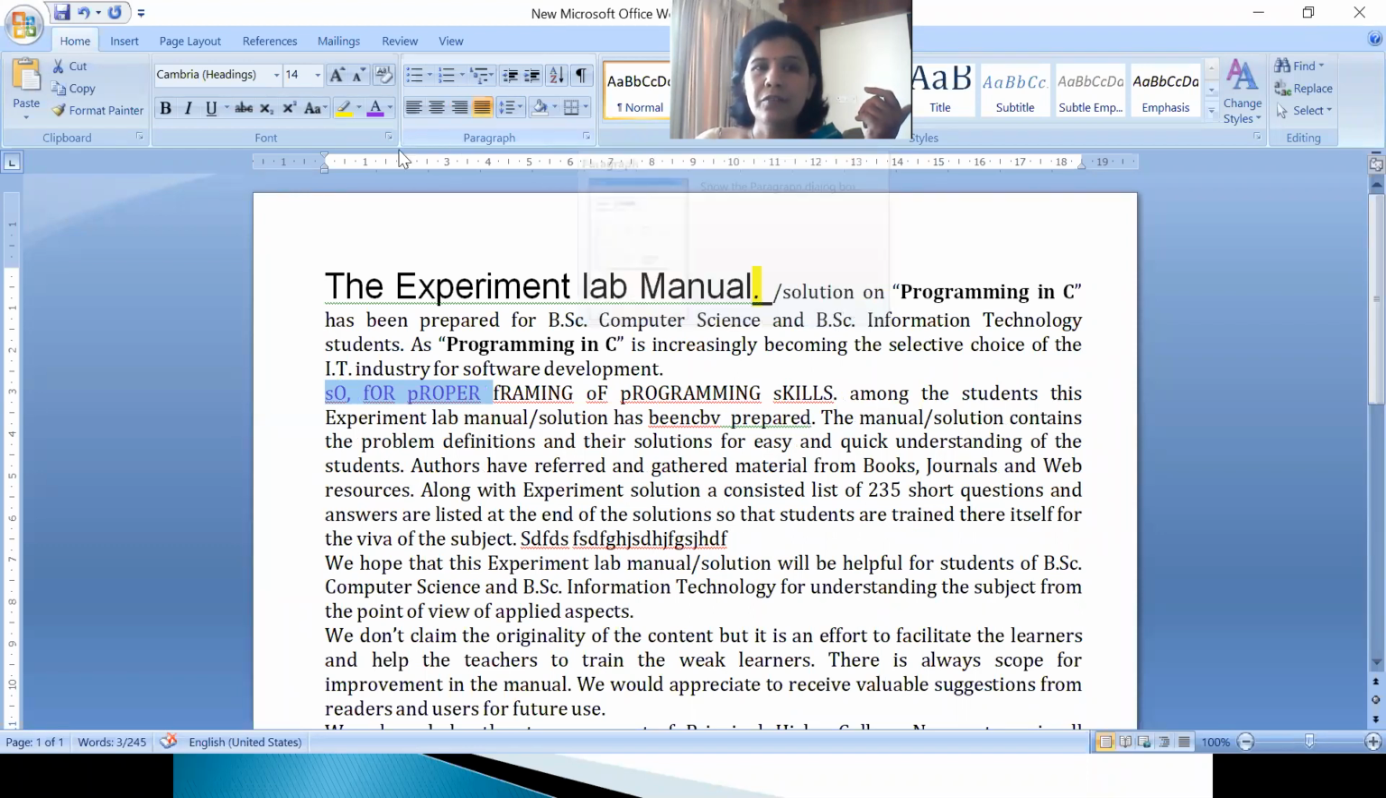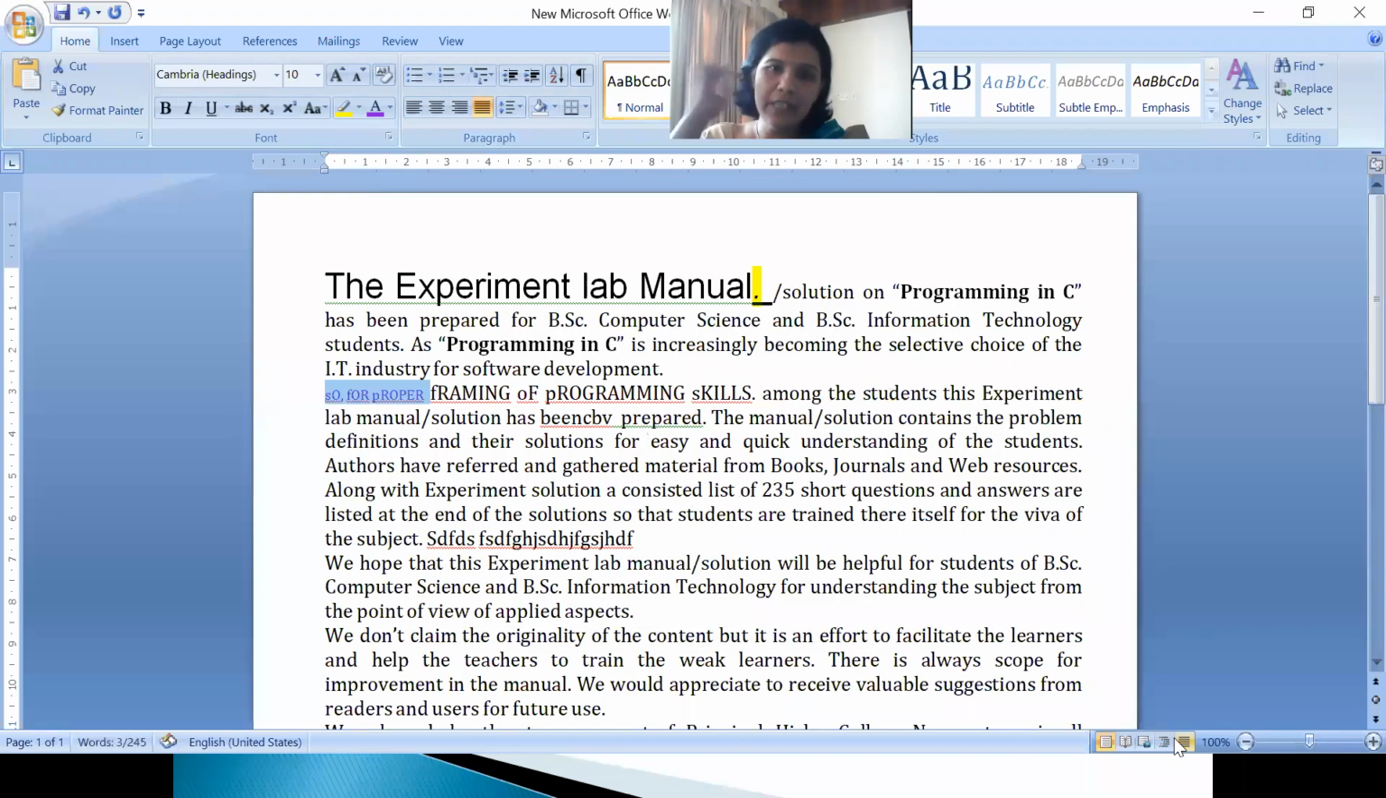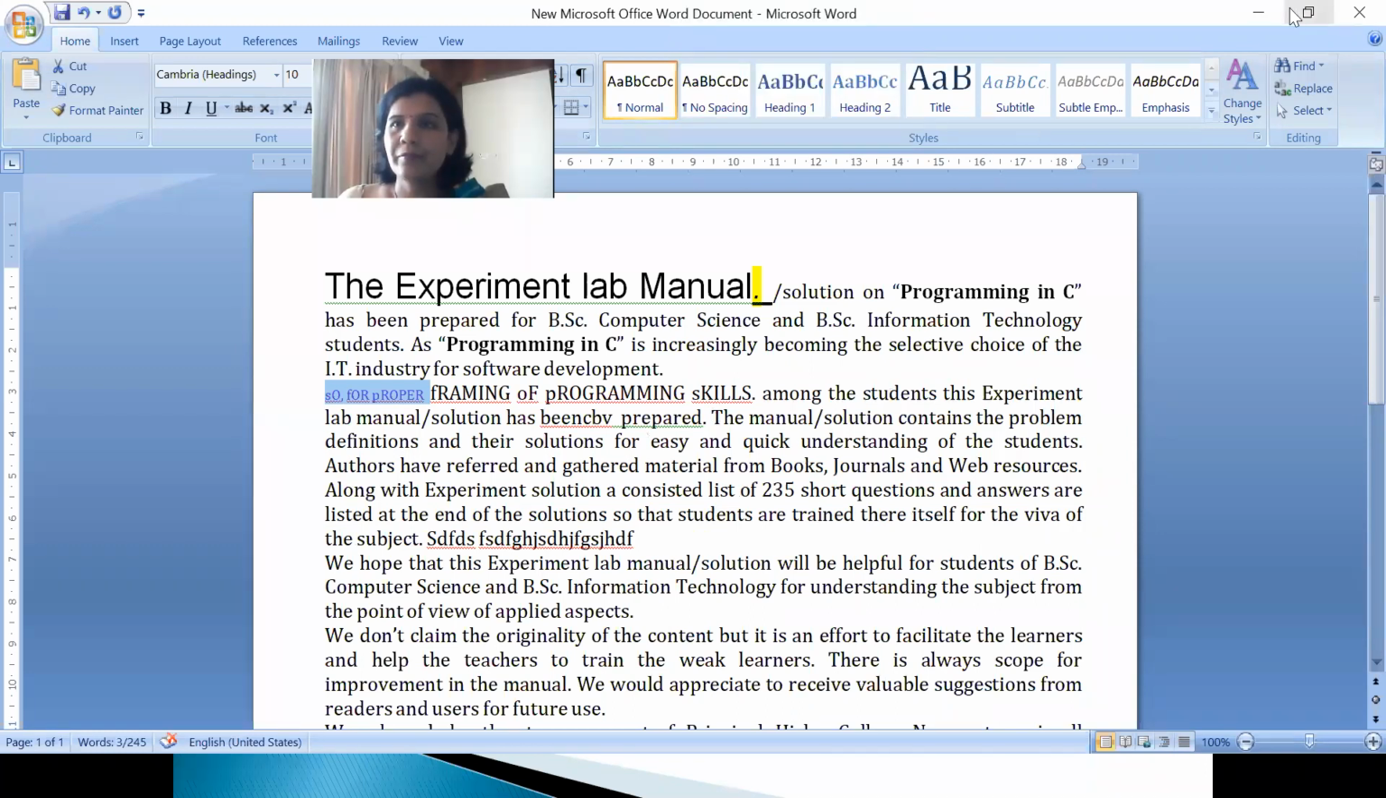From the font dialog box, now I'm using the tab key. See, by the tab key, the things are moving, and by the arrow key, I can switch over to this thing. Once the things are finalized, I'll press the enter key. Okay. So this is the option that we can work. Then